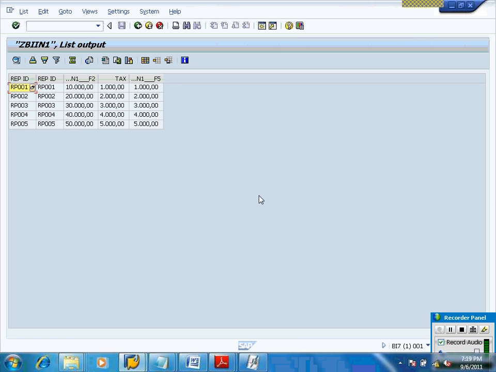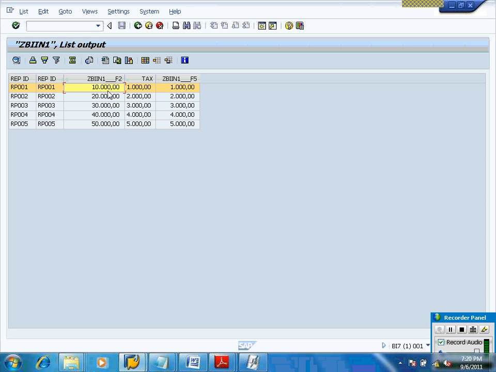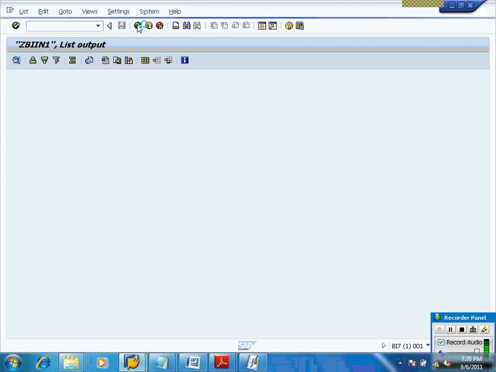So you are getting information from both. And this is stack, this is salary. Then come back.